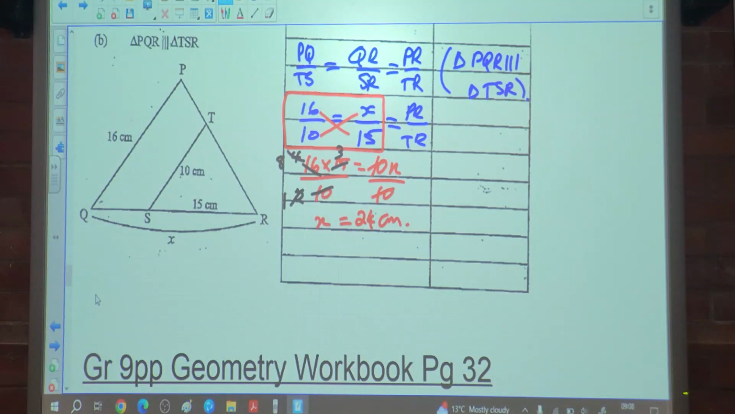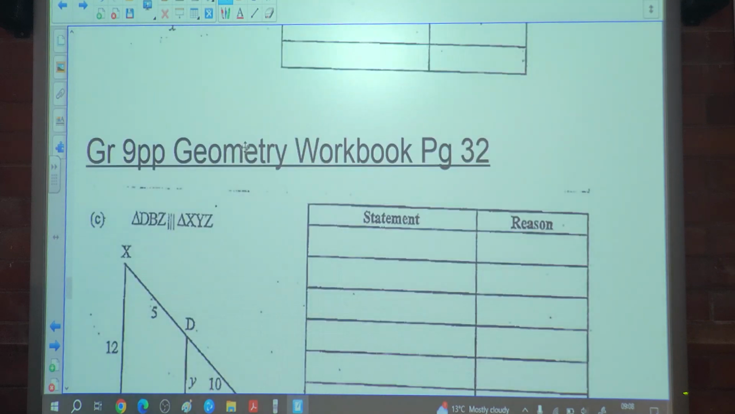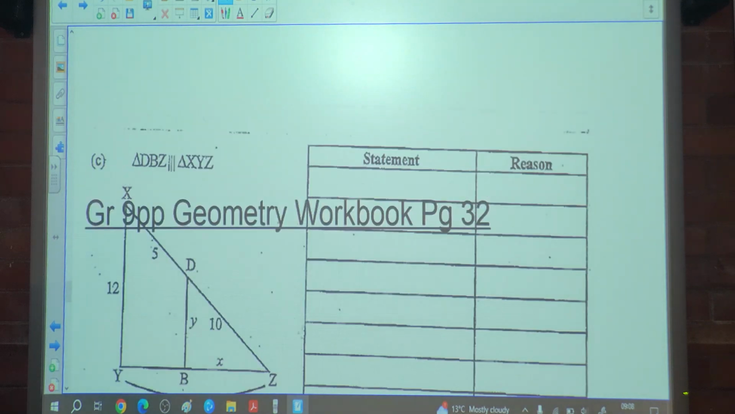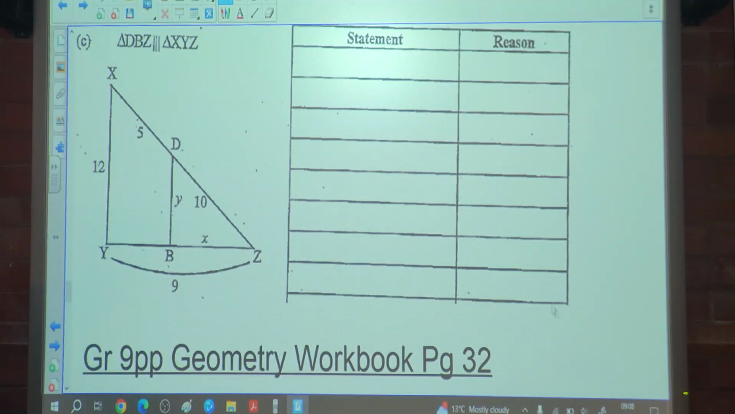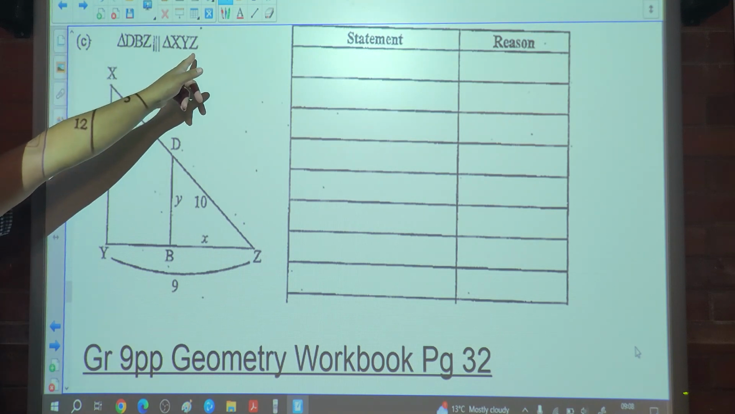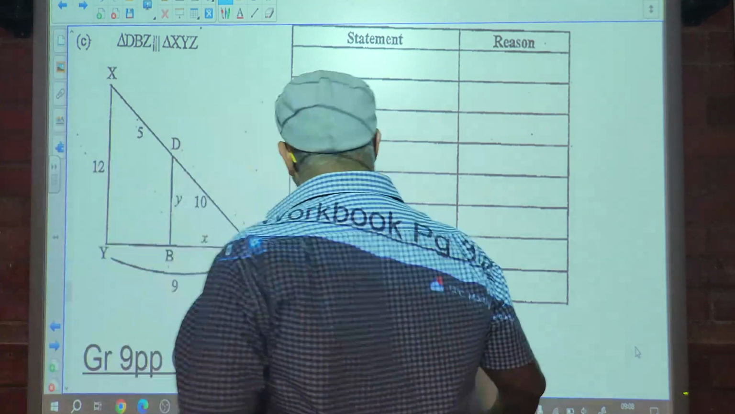Anybody else? Alright. Let's go with C. They're giving us the similar triangles, no? So here we are told that triangle DBZ is similar to triangle XYZ. So where do we start? We say that